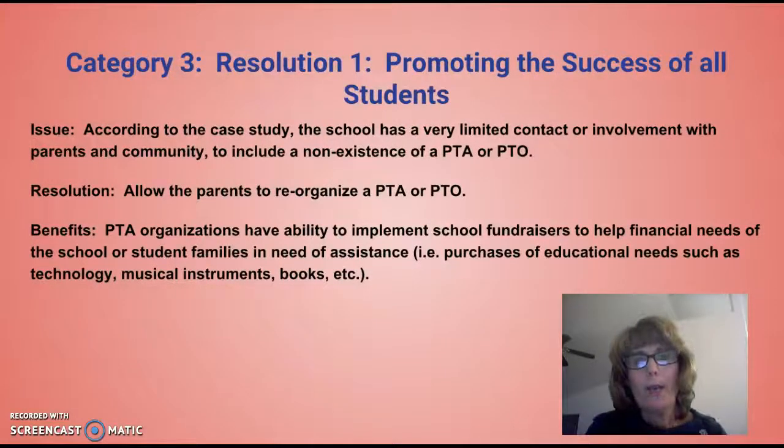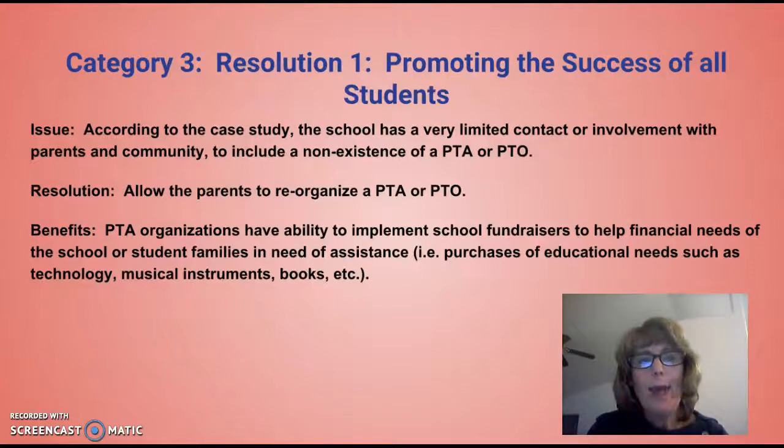Category 3, Resolution 1, Promoting the Success of All Students. The issue: according to the case study, the school has very limited contact or involvement with parents and community, to include a non-existence of a PTA or PTO. Resolution: allow the parents to reorganize a PTA or PTO.